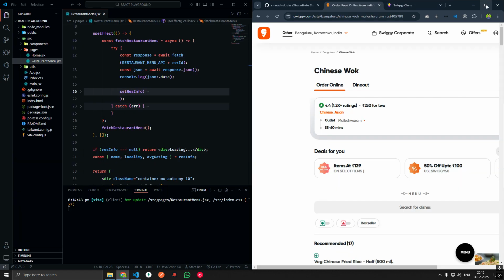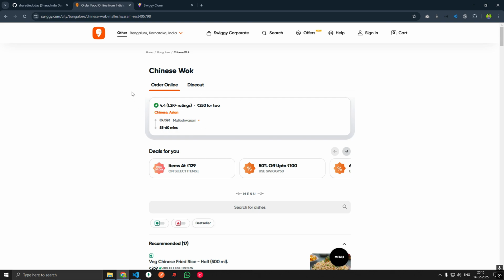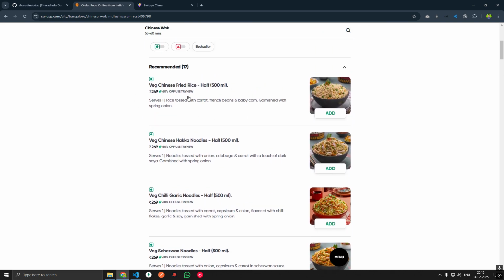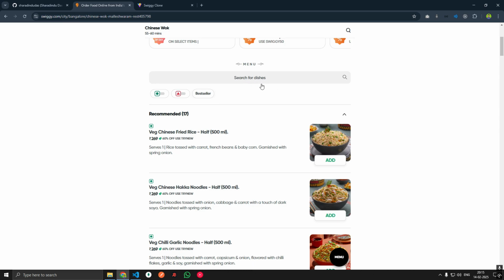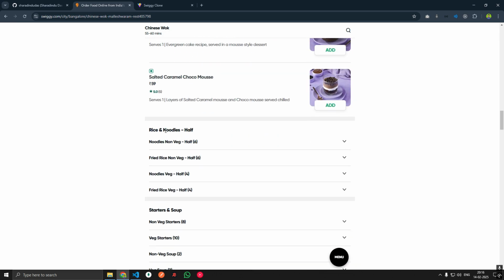Yes, Swiggy's menu page. Here we have done this part. Okay, restaurant info. Now we'll do this restaurant menu. This menu has categories. First of all, just observe, this is the category title, and according to the title, right now it has recommended, it has 17 menu items. And see, this is another category title, but it has nested subcategories,